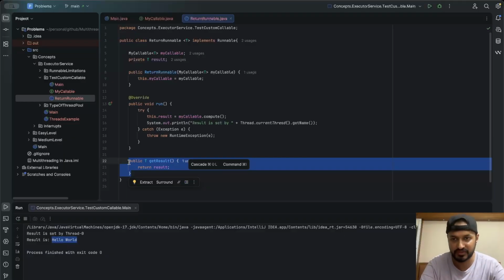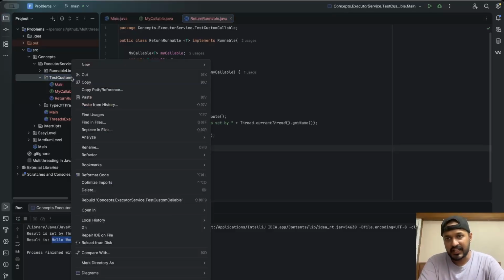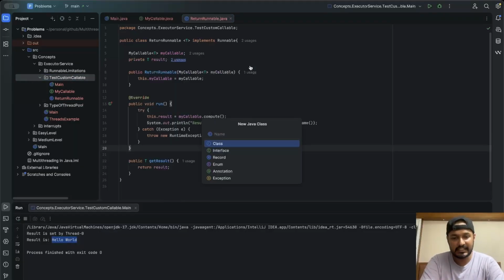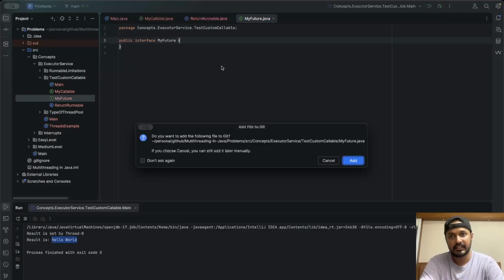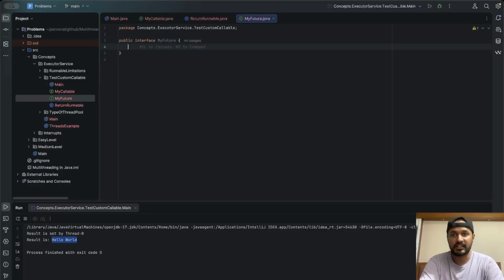Let's decouple those things. So for that, let's create an interface, my future. Inside this my future, I will return a generic, and it will have a get result method. Correct.